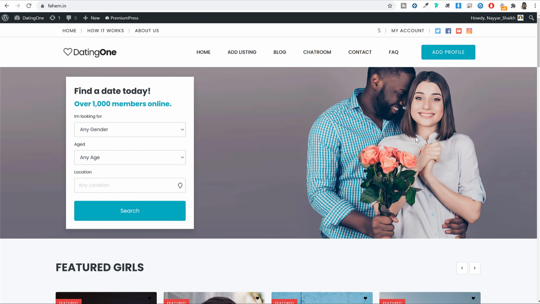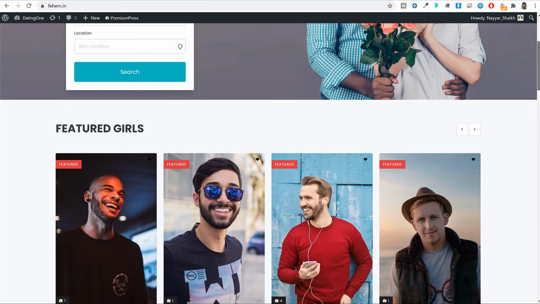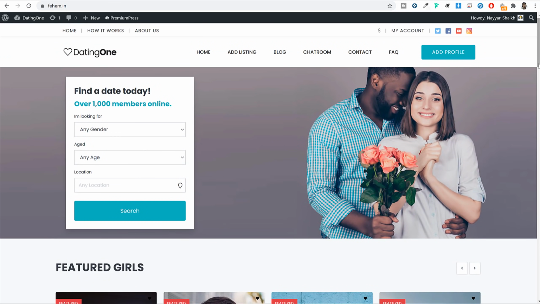Now the second and the most important thing about your website is a hosting account. A hosting is basically a computer wherein your entire website is saved. If you see this entire website, all these different profiles, all the different pages, all the databases, this entire website is saved in a computer. And that computer is running 24/7 so that whenever someone wants to visit your website at any given time from any particular country, they can always see your website live. So your website is always up and running.